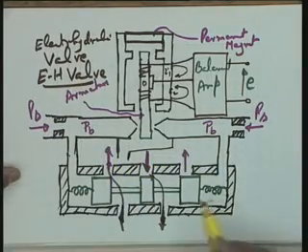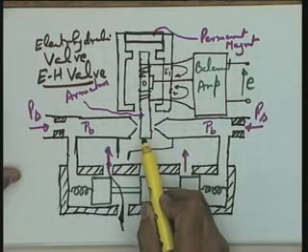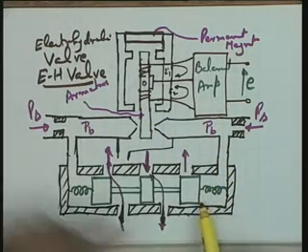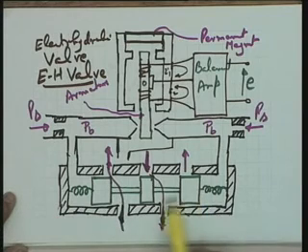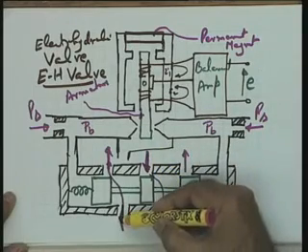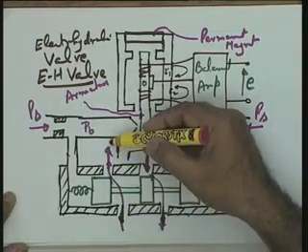I need your attention here. If this particular flapper moves right way, this pressure is high, this moves in the left direction. If this moves in the left direction, the control ports are getting the pressures this way. The supply pressure is available to this port, and this port now is open to the drain.